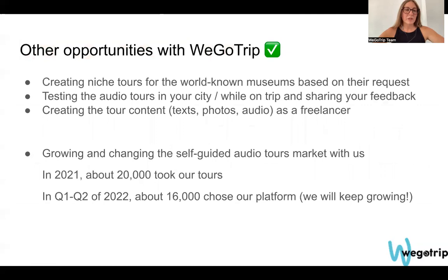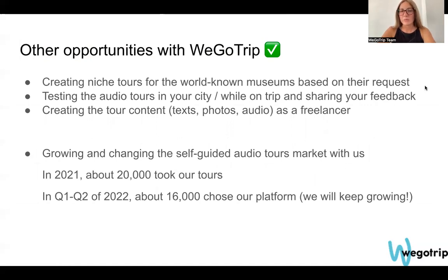Not just these 3 things you can get with us, you can also get access to different opportunities we constantly develop and offer to our tour creators. For instance, it can be creating niche tours for world-known museums based on their request. I will talk about this a bit later.